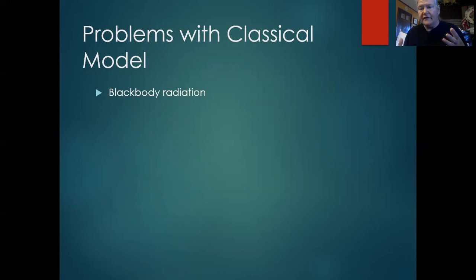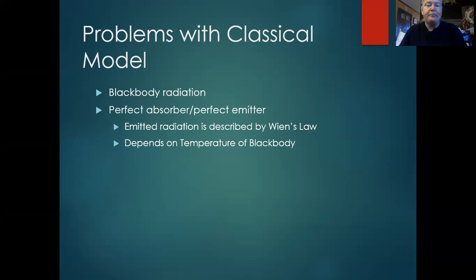So think about your car in the summertime. If you park it out in the sun, it's absorbing all the sunlight, and then when you get in it, it feels very hot. So it's absorbing mostly visible light and some ultraviolet light and some infrared light. But what you're feeling is infrared. You're feeling the heat of the steering wheel or the seat or whatever. So that would be an example of what a black body does. It absorbs all this energy and then it re-radiates at its particular temperature wavelength.